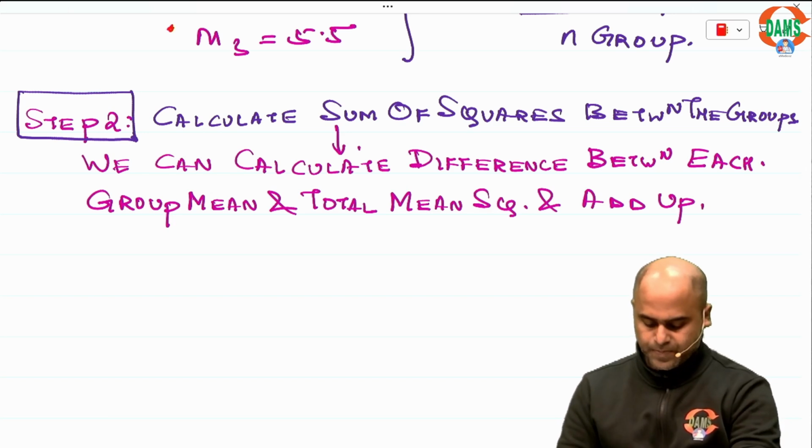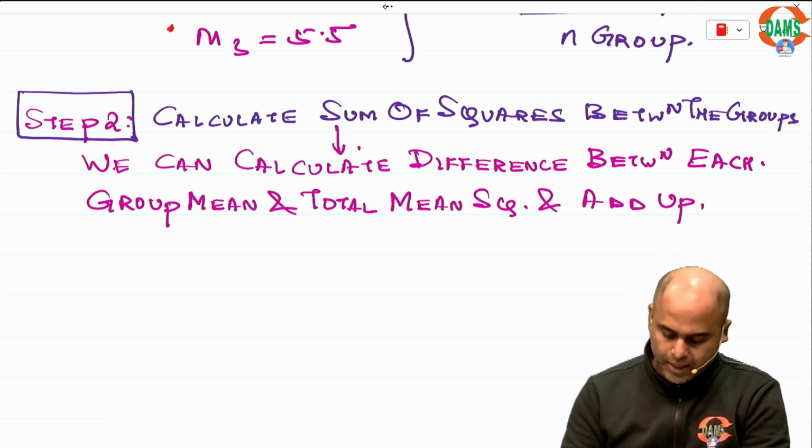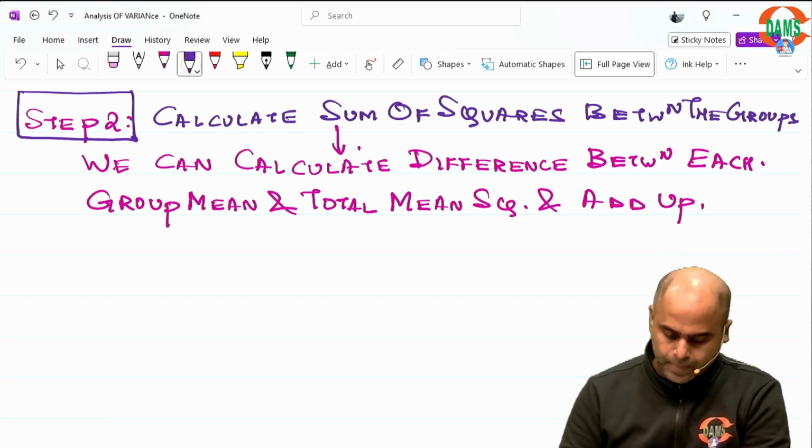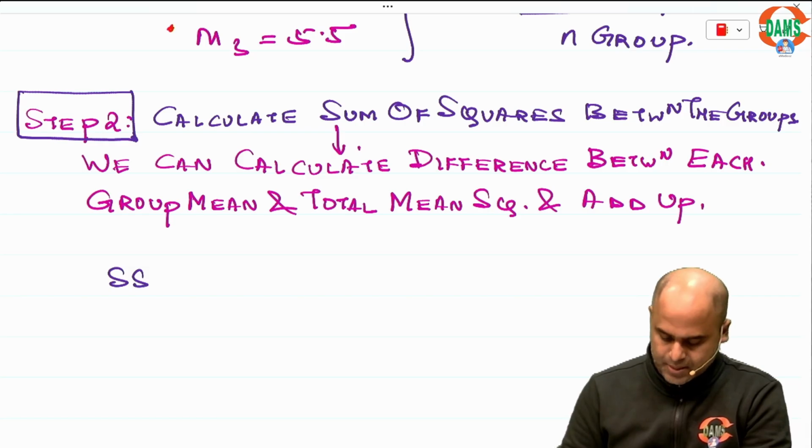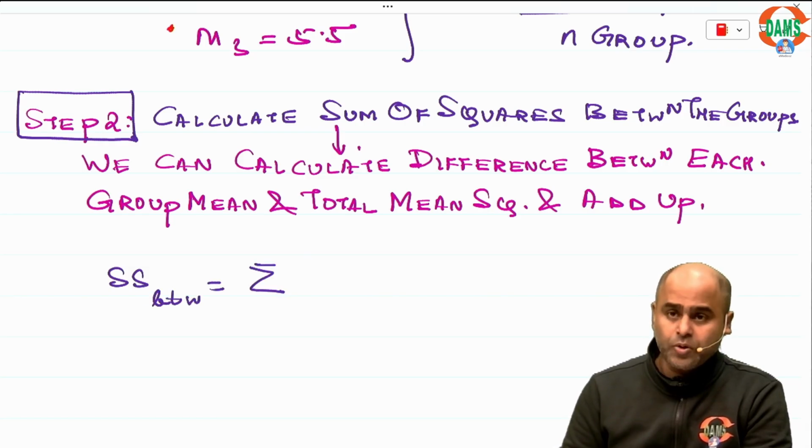That means we calculate the SS between, which is a sum total of groups